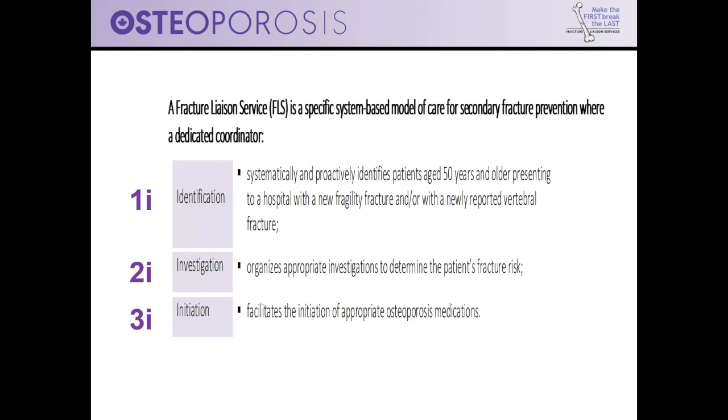So this is the definition of a fracture liaison service. And in a fracture liaison service, there needs to be 3 key things that happen, which is first off, the identification of the patients. Then the patients need to be investigated in order to determine their fracture risk. And the final one being to get the patients who are at high risk initiated on treatment. And although we don't have any set benchmarks yet in terms of how good an FLS should be at each one of these components, I think most of us in this field would feel that any FLS that was super good at identifying and investigating and treating, if they reach 80% at each of these individual levels, that would be